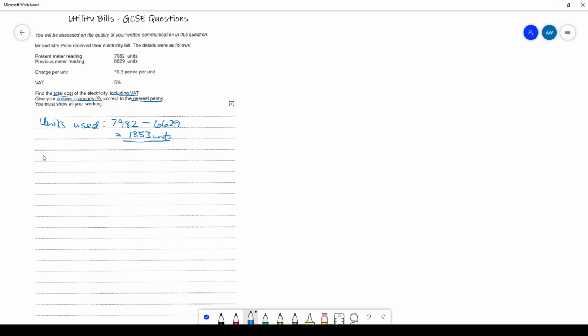So as a label, I'm going to put here cost of units, and that is my 1,353 multiplied by my 19.3 pence. And I'm going to put the pence there to remind me my answer is going to be in pence. Now when I do that on a calculator, I've got to remember the answer is in pence. Calculator doesn't know you're working in pence and pounds, it just deals with numbers. Okay, so 1,353 times 19.3,